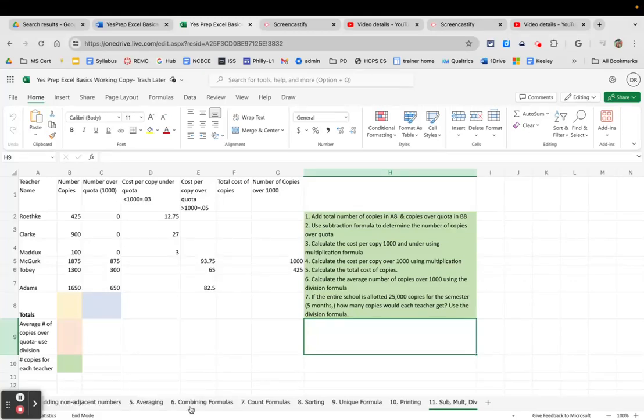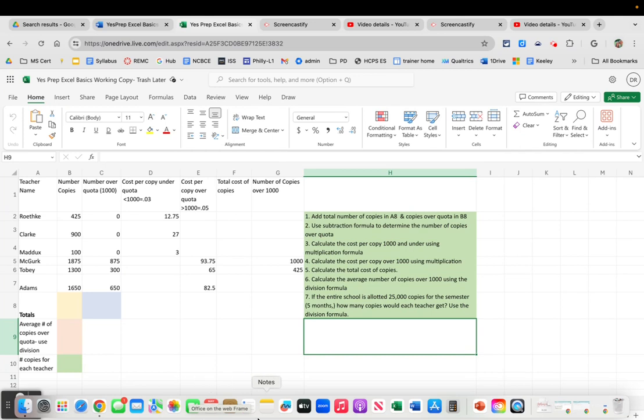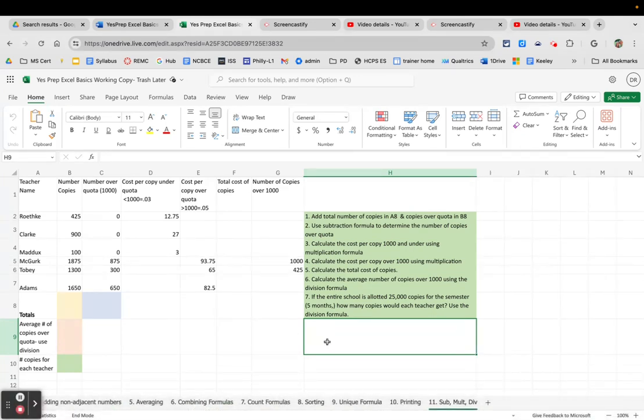Division works just like multiplication and addition and subtraction, only you use the backslash sign for division. So if I wanted to answer this question, if the entire school is allotted 25,000 copies for the semester, how many copies would each teacher get? So I'm going to say equals